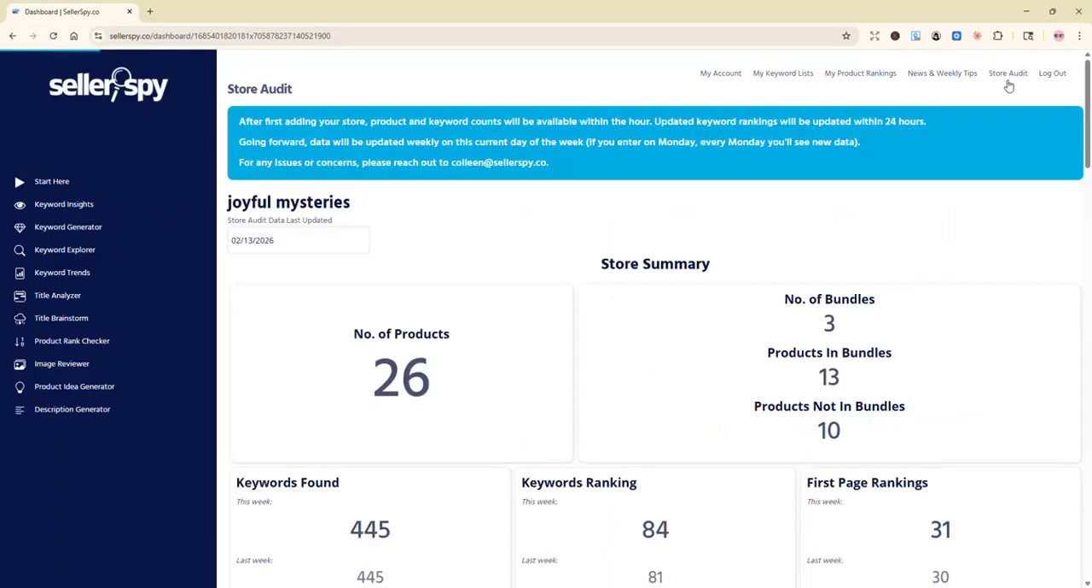Here is the Store Audit tool. This tool is available only for premium users because it is such an extensive, in-depth tool. So when you first sign up for the Store Audit, you'll have to enter in your store URL. And what that will do is allow SellerSpy to run the Store Audit for the first time and then weekly